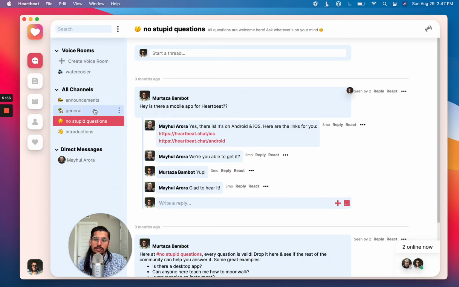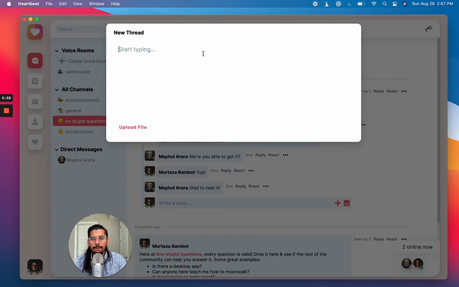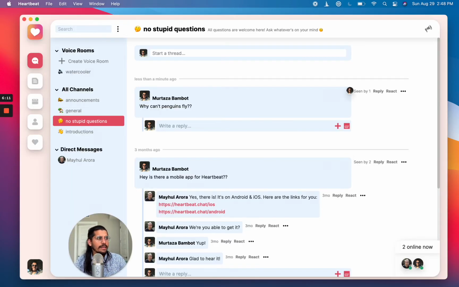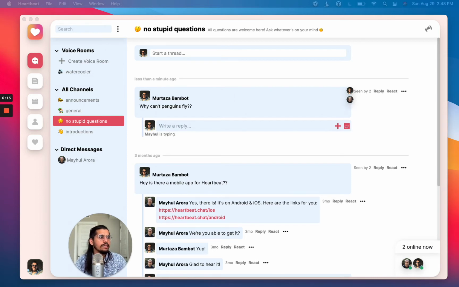And the most fun part about this is, as much as possible, Heartbeat is meant to be live, fun interactions. So if I jump in over here, I can start a thread in my questions channel. And let me ask a question. So I'll say, why can't penguins fly? And then I will hit post. And then my co-founder can jump in and start typing over here.